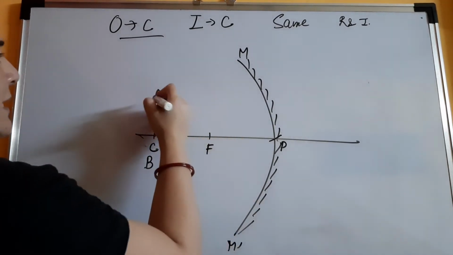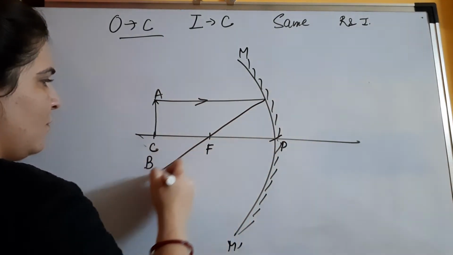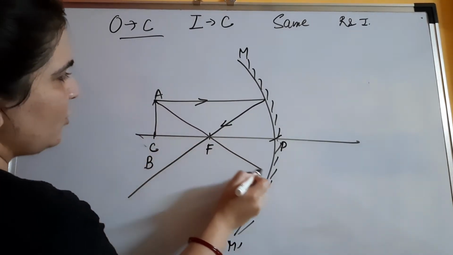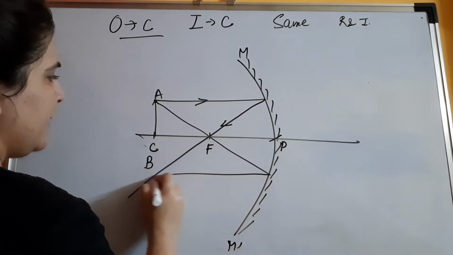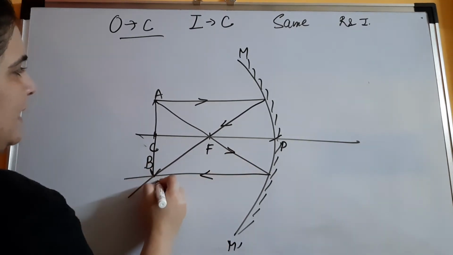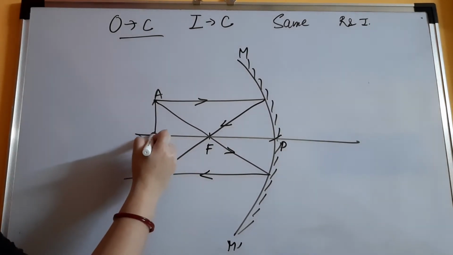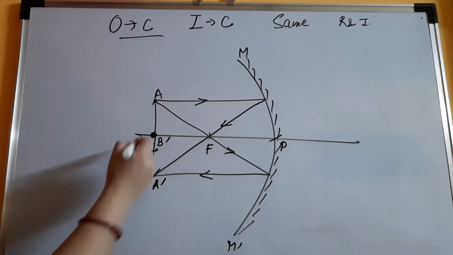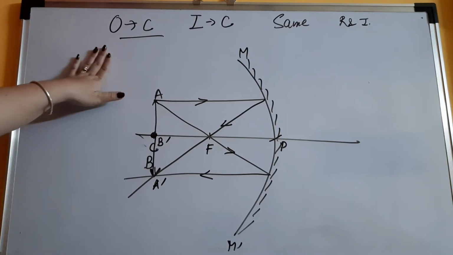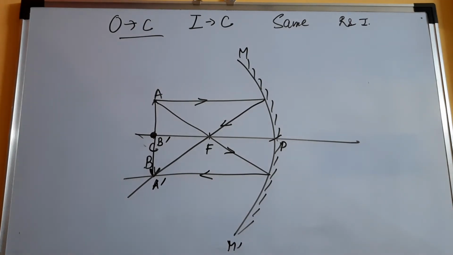Now we are going to start with the ray diagram. Parallel ray will pass through focus. Okay. And second rule that I am going to take is I am passing the ray through focus. If it is passing through focus, it will become parallel. So if you can see over here my two rays are meeting in the downward direction. I can name it as A dash, B dash. So at C, the object was kept in the upward direction. At C only the image is formed in the downward direction. The size is same. So object at C, image at C, same size, real and inverted. Okay, let's move ahead with the next one.